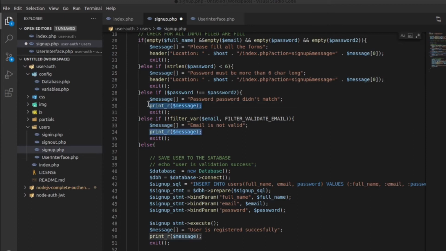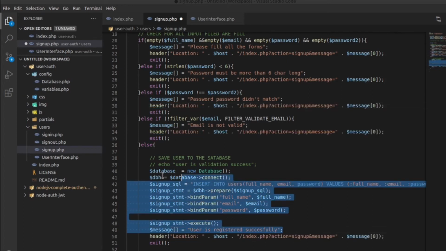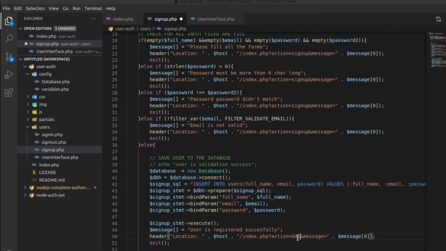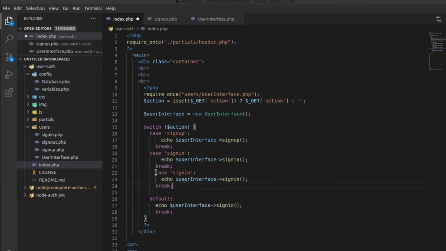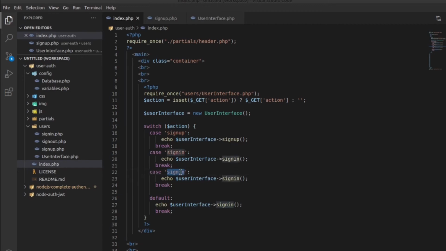Control D for multiple selection. Whenever someone registers with the form, it will redirect to the dashboard, which we have not created yet. Dashboard, and it will have a message. In index, let's create a case for dashboard. Dashboard will be very simple. We'll have a simple header, footer, and okay, case would be